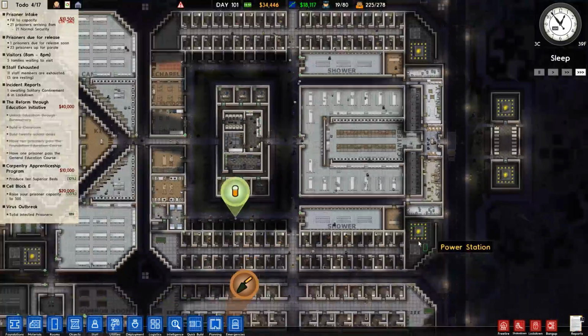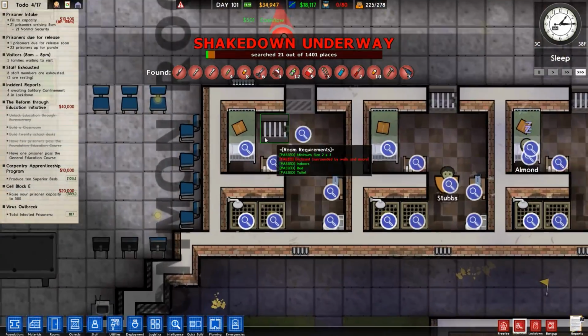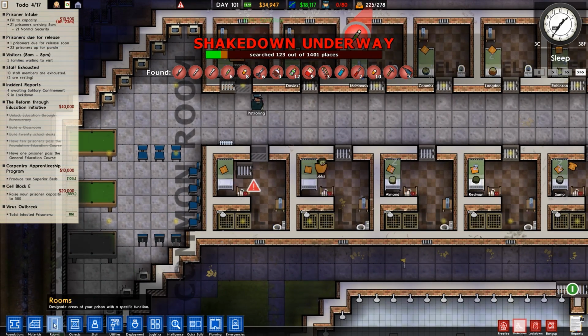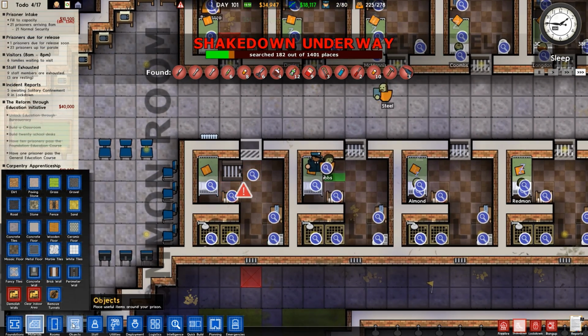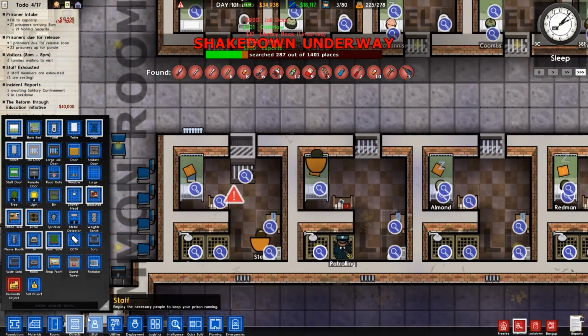Let me just check here. We can see that there's some violence going on. I'm just going to do a full shakedown because it's worth me doing that. That jail door, for whatever reason, is in the completely wrong place, so I'm going to fix that. I don't know how I managed to put it there, but we'll sort that out. Let's just go to jail door and then we'll move it to there as well. Actually, we haven't...